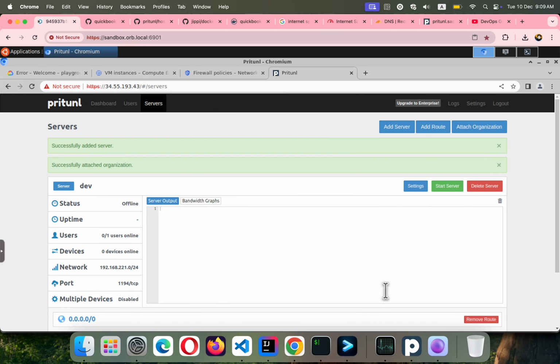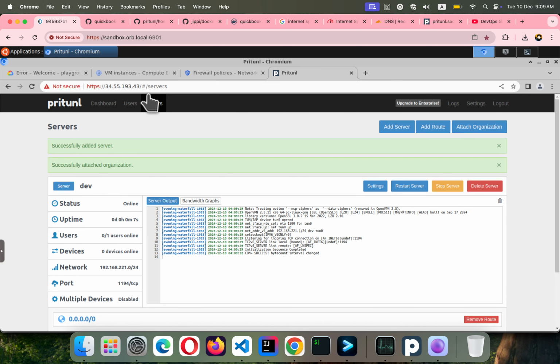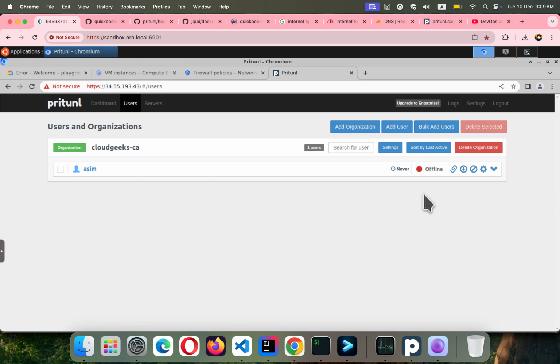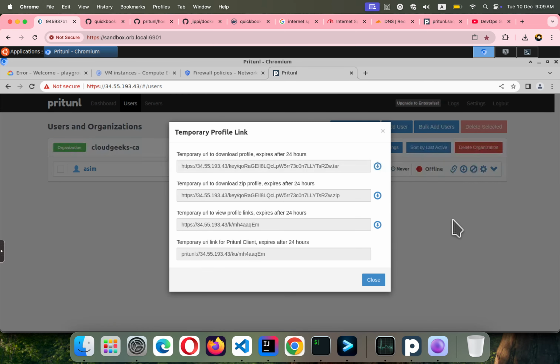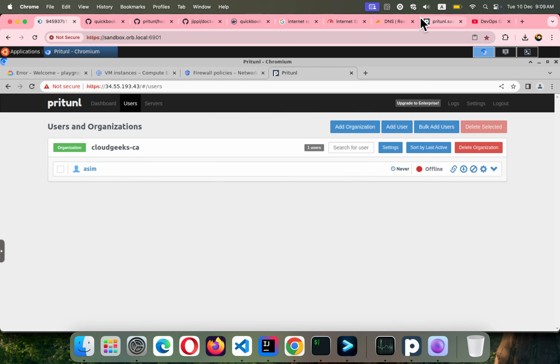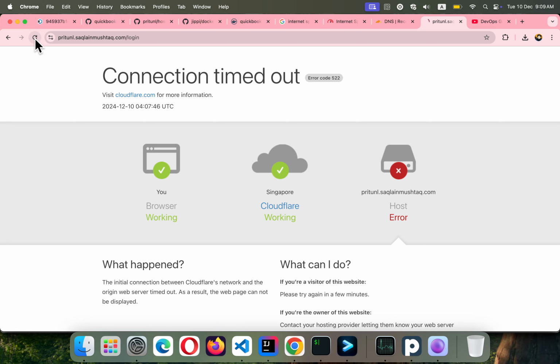Server is started. You see this is online, and now what we will be doing is navigate to this section, and if I click this, you see you can download the configuration as well, but definitely we will straightforwardly import this to our server. So let's try to refresh this. Hopefully it is going to be propagated, and